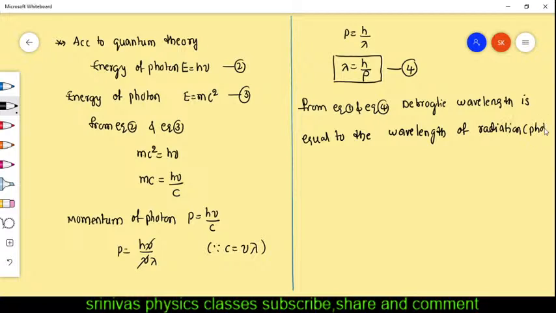Okay, light wavelength and matter wavelength, both are equal. Right. Then according to de Broglie,